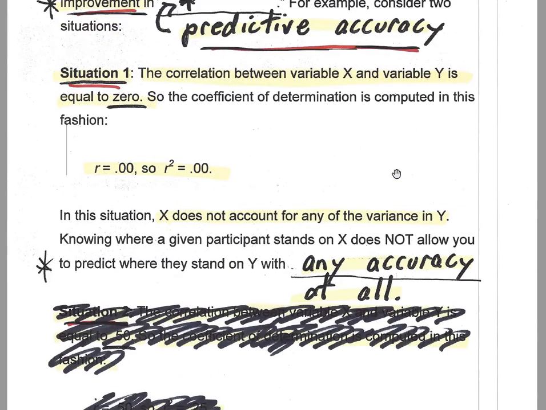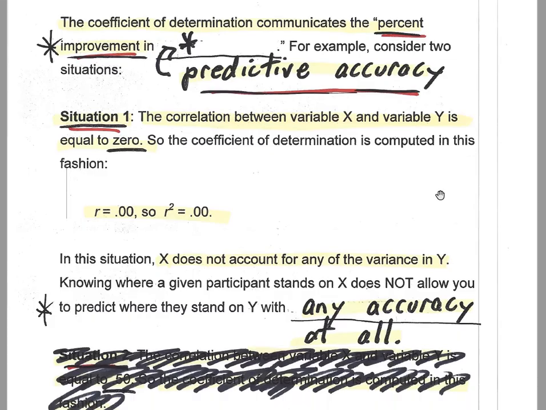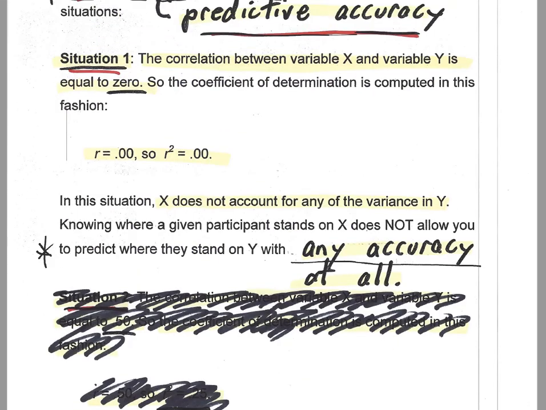Do I have a scatter plot that illustrates that? I do. Very good. Let's make sure you've got this definition. Bottom page 24. Let's make sure you have a minute to fill in that blank. If the correlation between x and y was 0, that means coefficient of determination is also 0. X doesn't account for any of the variance in y. Knowing where somebody stands on x does not allow you to predict where they stand on y with any accuracy at all. I illustrate this on page